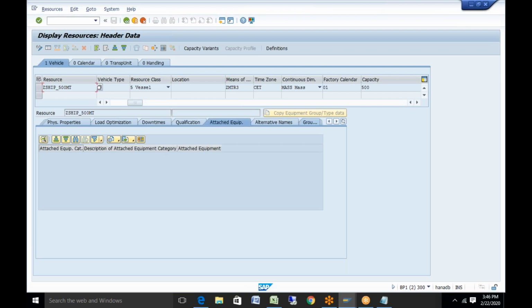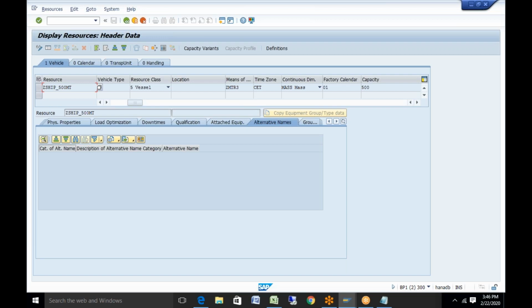You can attach the associated equipment here. So that means if you want to specify that this truck will carry a specific container, then you have to specify what is the equipment category and the equipment details. And then you can also specify some alternative names here. Alternative names means you can select alternative names.